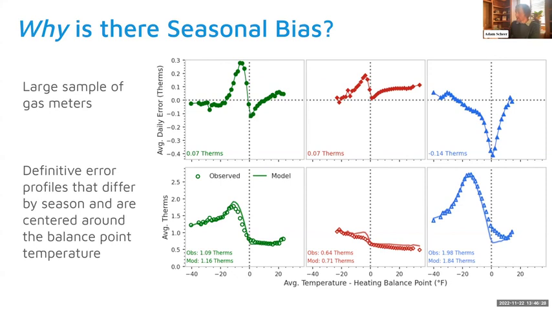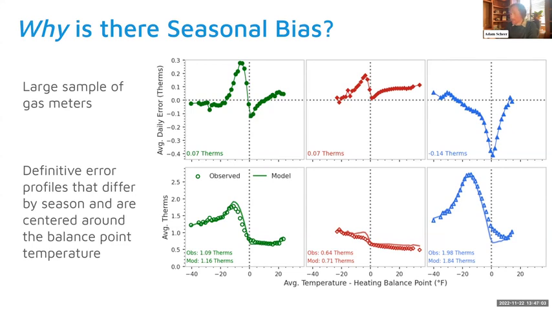One thing I want to point out right away: in the left-hand graph, the green curves are the shoulder period. The middle curves are summer in red, and the right-hand plots are winter in blue. The bottom graphs show the aggregated observed consumption, those are the open data points. And the aggregated CalTrack model is shown in the solid line.